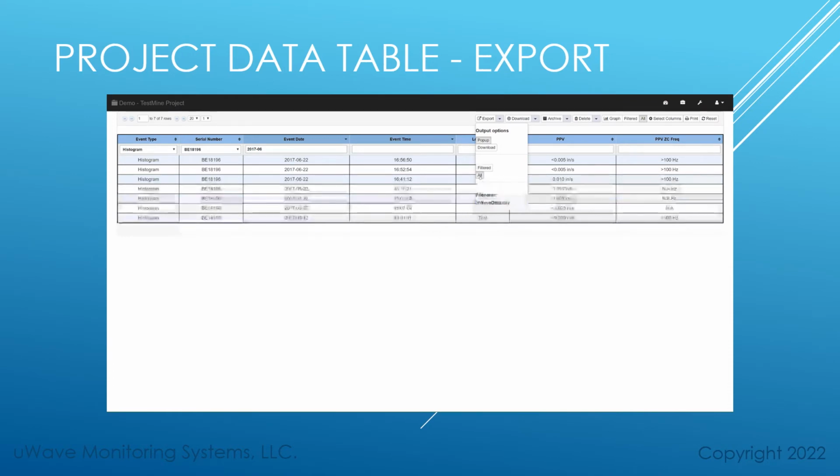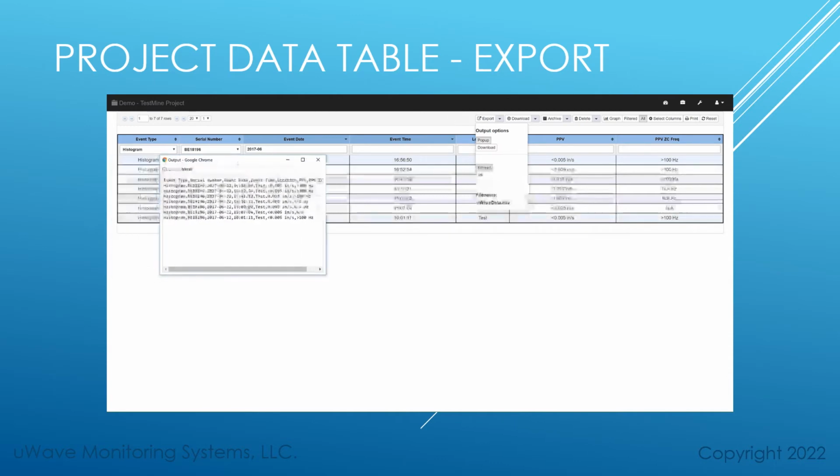You can also choose all data if you wish, but that kind of defeats the purpose of filtering it. So if you didn't want to filter any data, you could always choose all. And then pop-up is selected, so after I do that, I'm going to go up and click the export button,